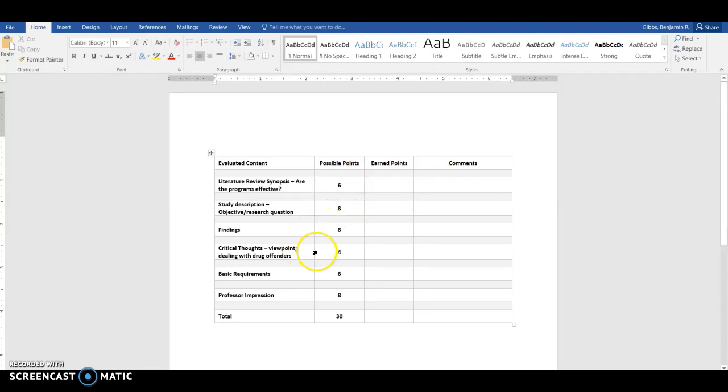The rubric follows along with the requirements and the instructions of the paper, so it's not a mystery to you how I came up with the grade that you earned. This will also be posted for you in Blackboard, so you'll get a better sense.